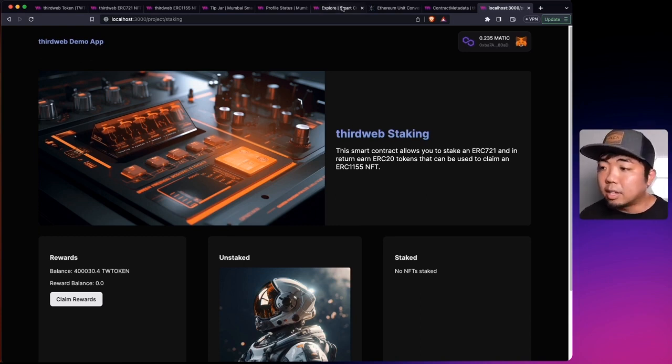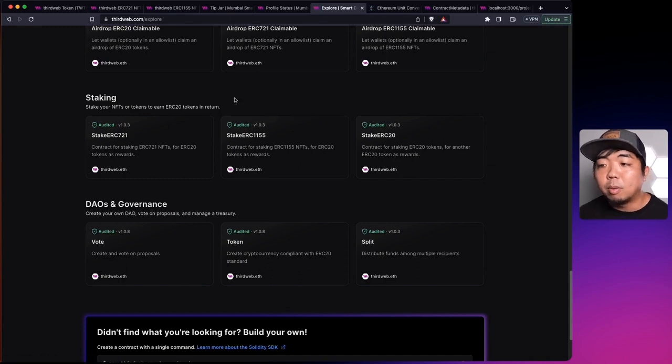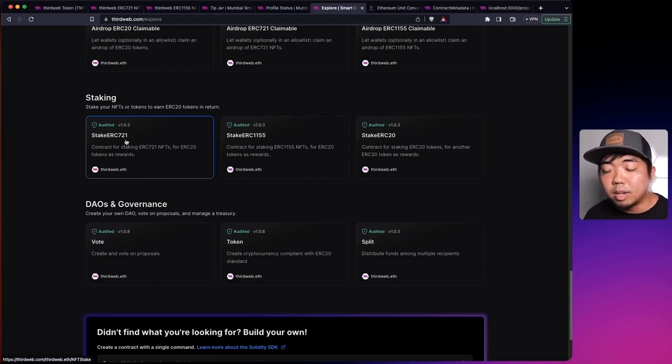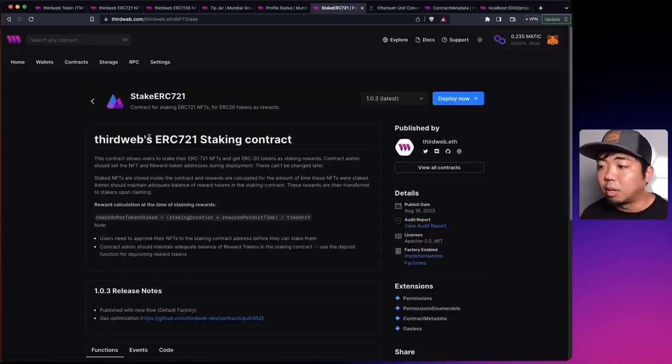And again, in the Explore page of ThirdWeb, we actually have a pre-built contract that does all of this for us. Now, we do have a few staking contracts here. In our case, we're going to do a stake ERC 721, which defines that the staked token, or the token that we have to deposit in order to earn ERC 20 tokens as a reward, has to be an ERC 721. But you can also do this for ERC 1155 or ERC 20s as well. So we're going to select the stake ERC 721. Again, we are brought to the publish page for the contract here, and we're going to select deploy now in